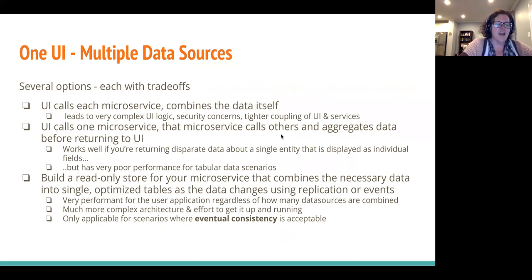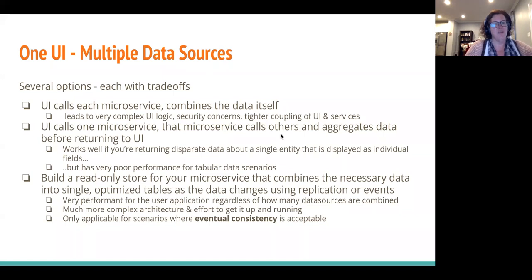You could have the UI call all the microservices individually itself and recombine the data when it gets it back. But let's think through this. If it's a lot of data, then you load all of it at once. I mean, that's a lot of data. You've got to deal with bandwidth, you've got to deal with performance. So say, okay, well, what if we page the data? Well, if you're calling multiple microservices to get pages of data, how are you going to guarantee that you get the same records on each of the pages from different microservices? They might not sort in the same way. And either way, it's going to be bad performance.